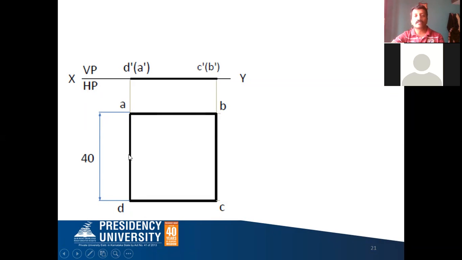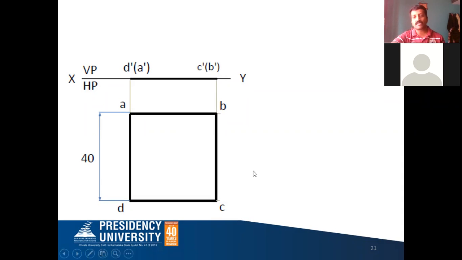That's why we'll draw the vertical projectors from all the points of your top view till it meets the XY line. Now from this point to this point, you draw a thick line because when you see from the front side, the square looks like a line. So that's what I have written here. And C and D you can see, A, B you cannot see. That's why A dash and B dash is written within the bracket. So this completes the true shape diagram as well as the initial position or first position.